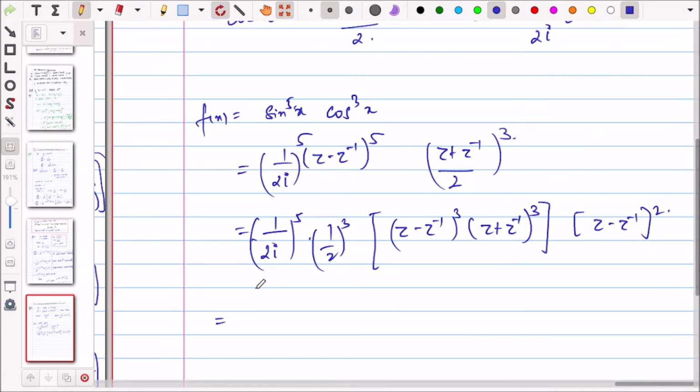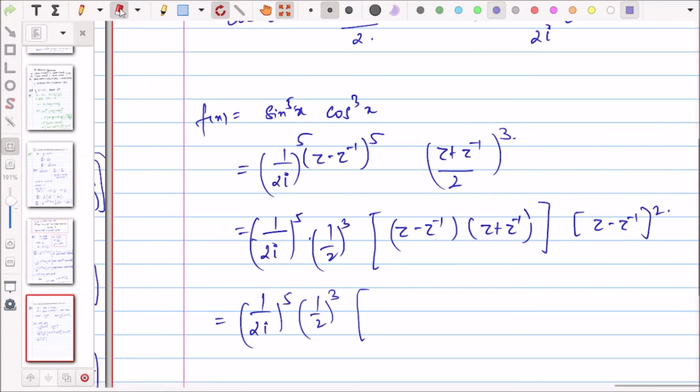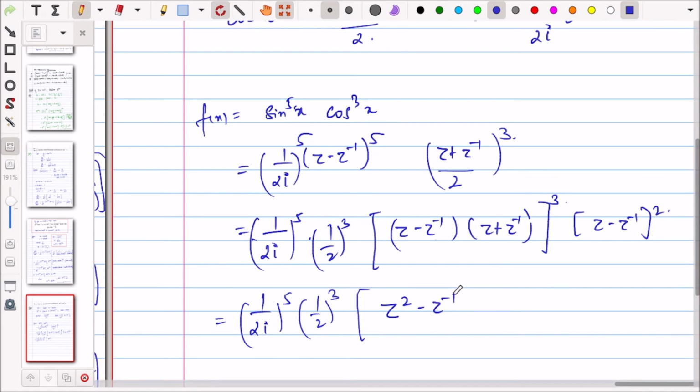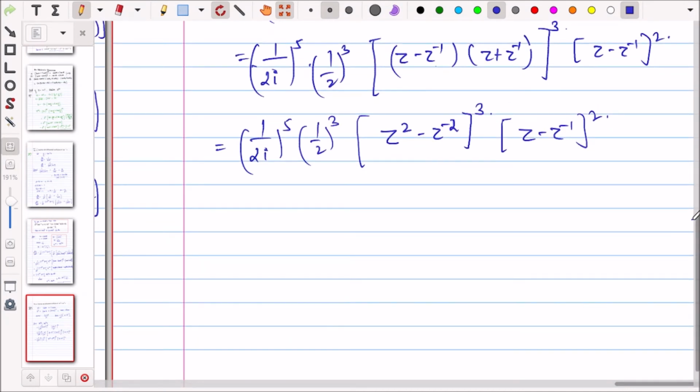So this can be further simplified as, इसे स्टेप्स याद रखना क्योंकि ये सारा काम करना होगा तुम्हें किसी और क्वेश्चन में भी. So this is a minus b, a plus b, or you can write it as, ये तीन को दोनों को बाहर निकाल सकते हो. You can simply write it like this, right? So this will become, yes, z square minus z minus 1, sorry, this. ठीक है, is it fine? Is this fine?